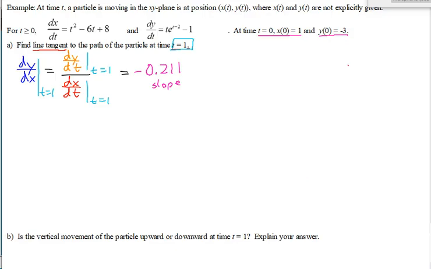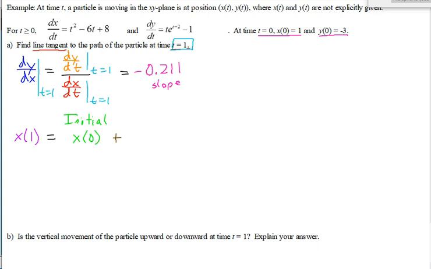Now if the time was 0, we would already have the point of tangent here is 1 and negative 3. But it's not, it's time 1. So, kind of like we did with the last problem, we have to figure out the x and y coordinates, but this time separately as initial plus change problems. So, if we want to find x of 1, it's going to be the initial, which is x of 0,